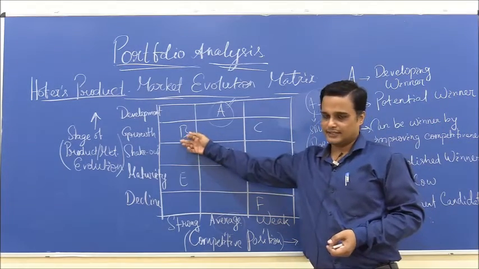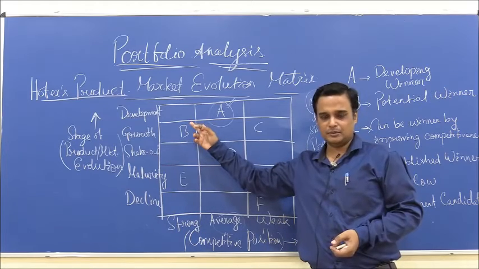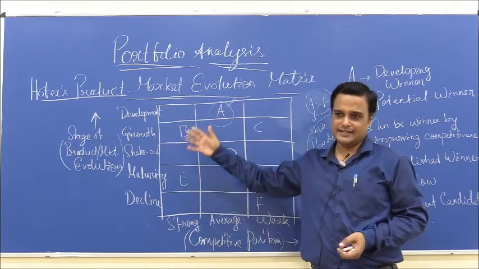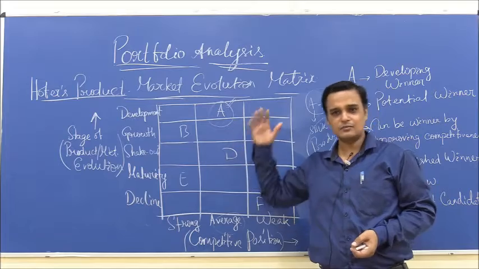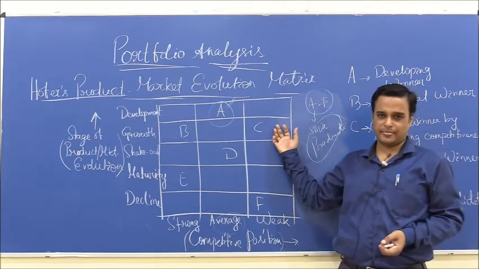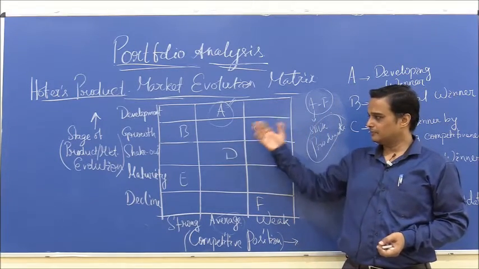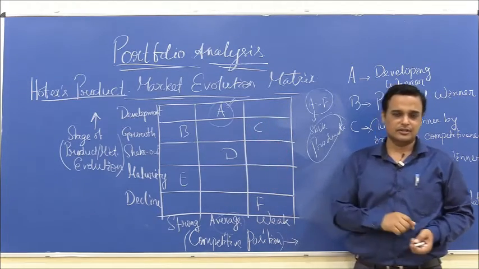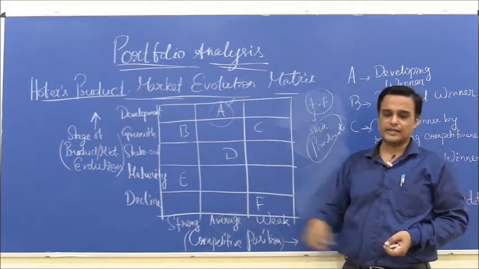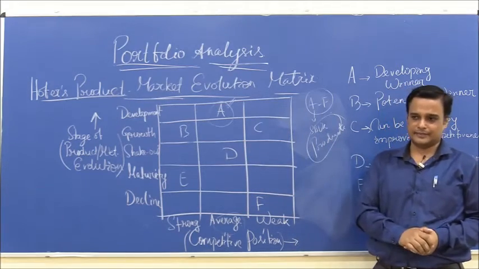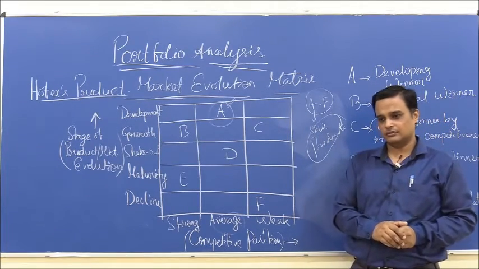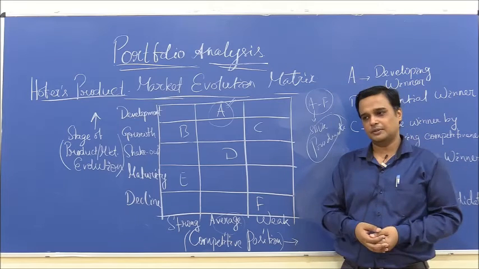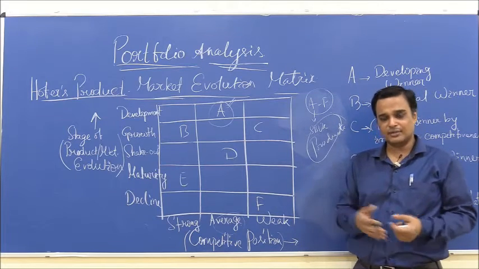And this one, it already is at a comfortable position. So, it does not need as much attention as C. So, that is the basic difference in the approaches to these two SBUs present in the same market. Well, is it possible for two different SBUs to be present in the same kind of market?